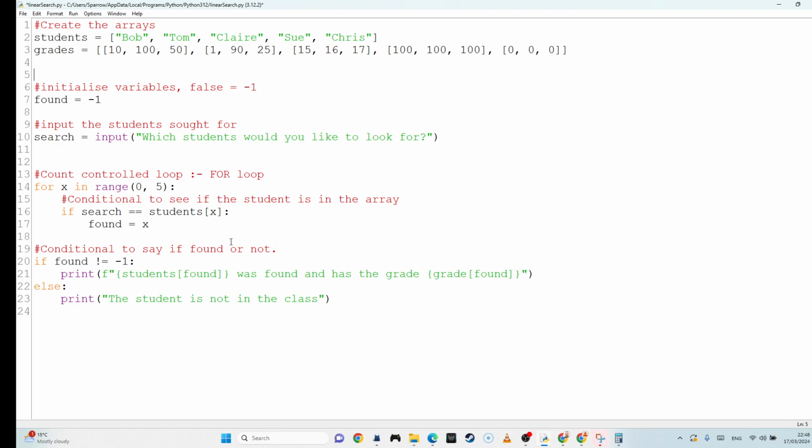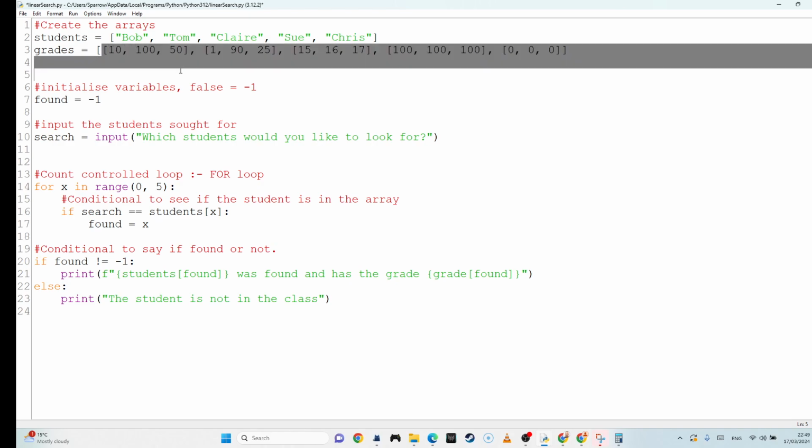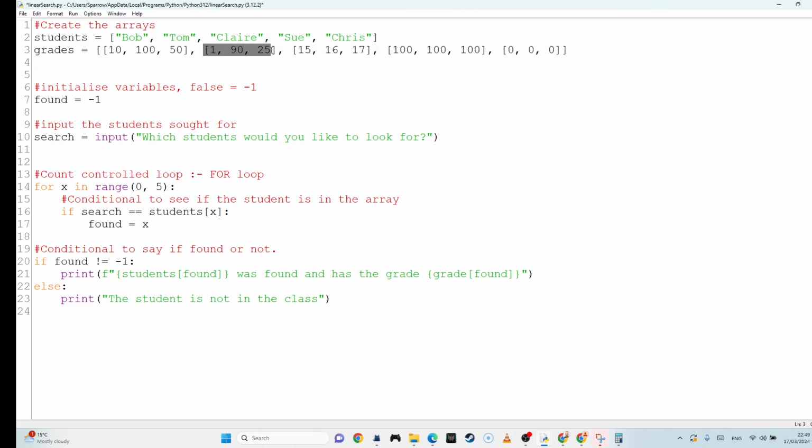Okay, so in this case, we're going to have different grades for each student. So we could use that. So down here, so if search equals students, we've said found equals X. So that means we've found the subarray. And here we could change it. So if printf, if students found has the grades,